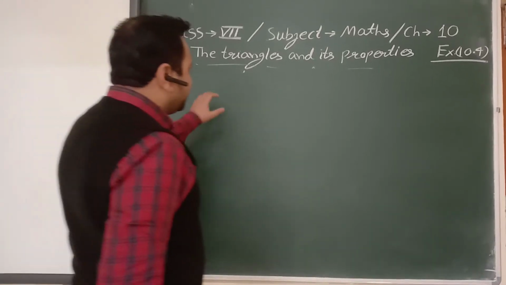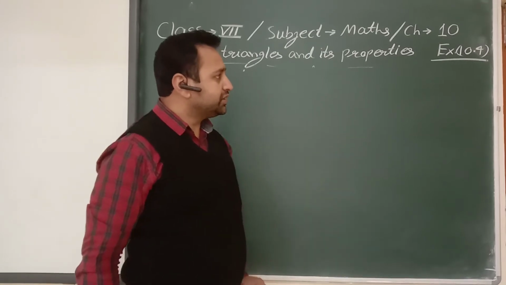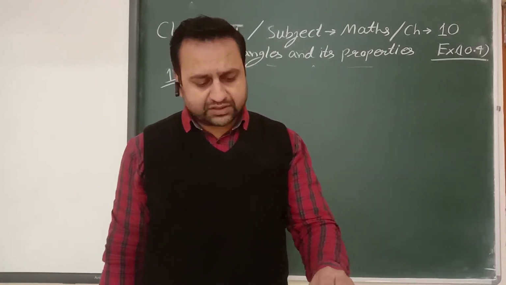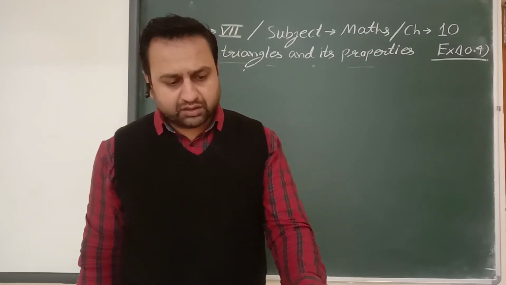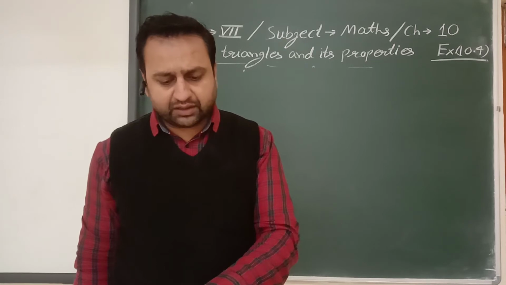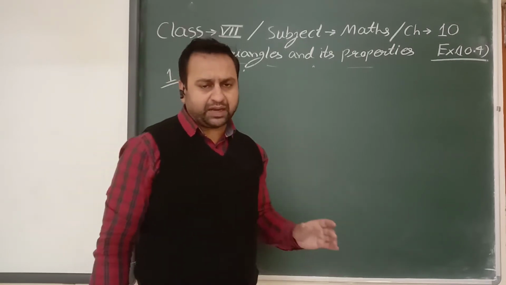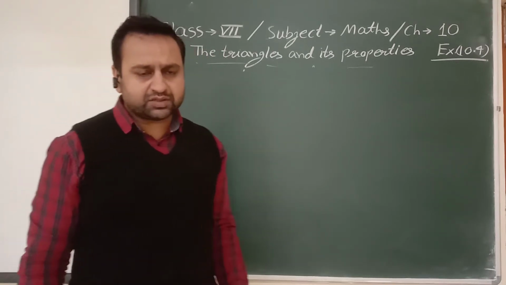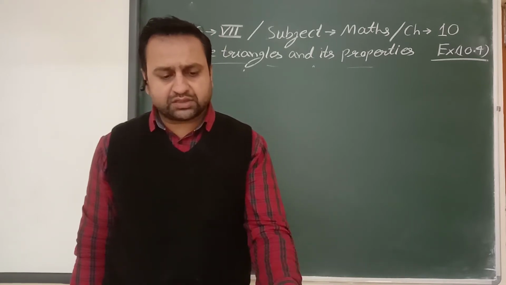Good morning friends, class 7, chapter number 10, triangle and its properties, exercise 10.4. In the previous video, we discussed the basics of exercise 10.4, in which we discussed the right angle triangle, what we call the sides of the right angle triangle, and the property between the sides of the right angle triangle, which we call the Pythagoras theorem. We also discussed Pythagorean triplets, and how we can calculate the shortest distance from a point